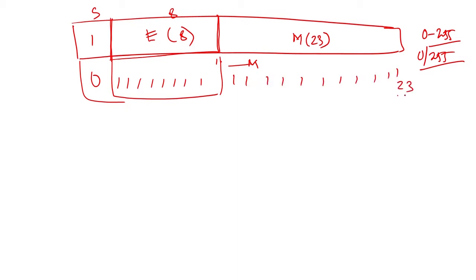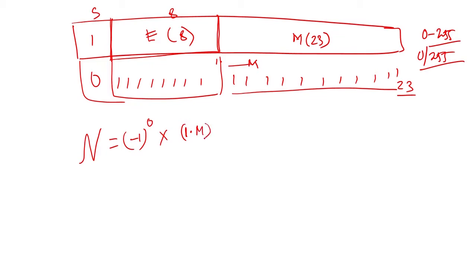So, the value will be minus 1 to the power s, where s is 0, into 1 point mantissa, where the mantissa is all 1s,